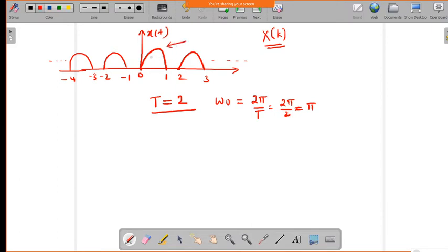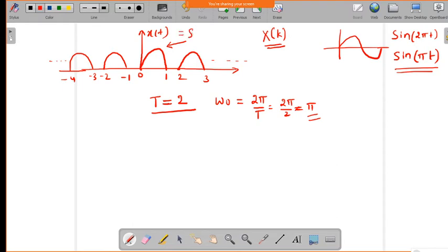So is it the form of a sine signal? It is only varying with a half cycle. There is no negative half cycle. If it were a complete full cycle, it would be sine of 2 pi t. Is it not? If it is having a complete cycle like this, you can write it as sine of 2 pi t. In a similar way, here it is only half of this signal, so we get sine, where omega naught is pi, so we can write it as sine pi t. Okay, so are you getting it? So now you can take x of t equal to sine of pi t.